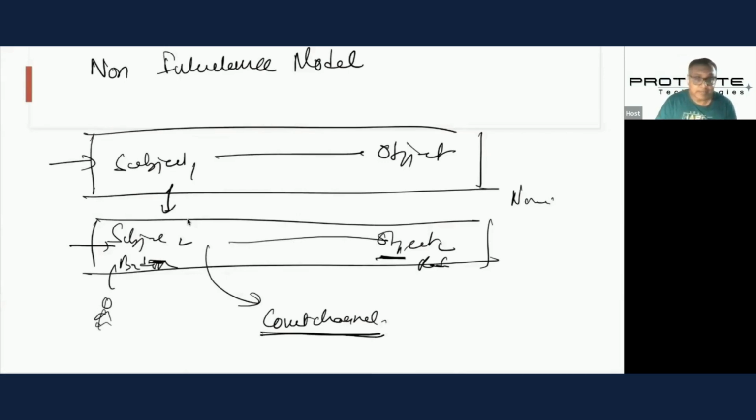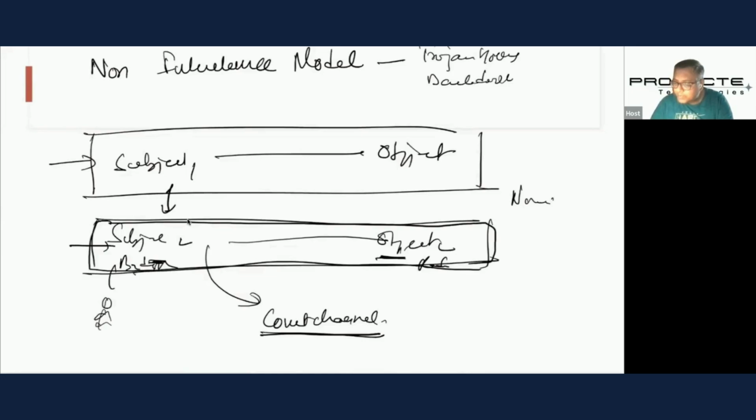What is a covert channel? A covert channel is a channel which looks authenticated, but it is exfiltrating information, right? The non-interference model is applied when you are looking at Trojan horses and backdoors. What happens is the application developer created a small channel which is not visible to anyone. It is parallel to actual processes. It looks very, very genuine, but actually it is a non-interference channel which is exfiltrating data out from the system. Such models are called non-interference models.